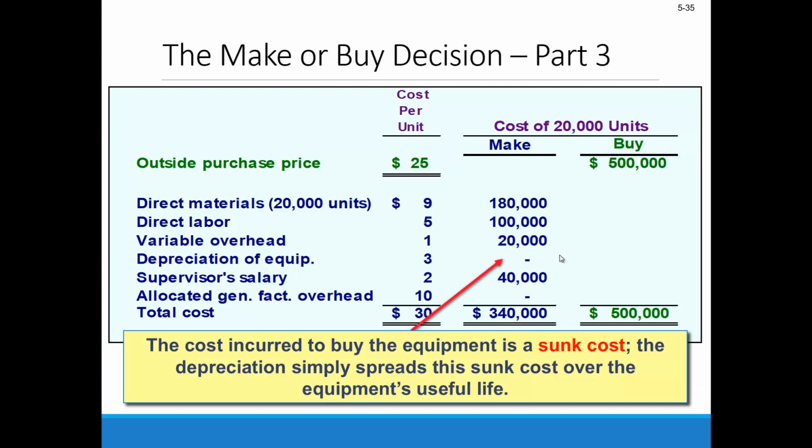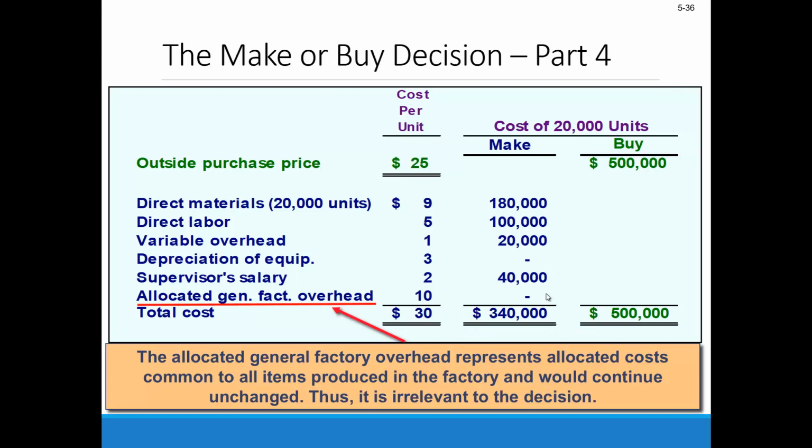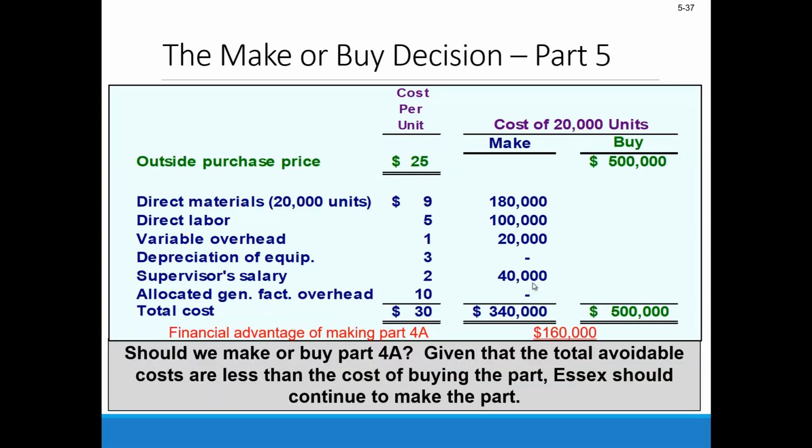And again, we said that the cost of that equipment was a good example of the sunk cost, and the allocated general factory overhead is remaining regardless, just being dumped on somebody else. So should we make or buy? Yeah, the financial advantage of making this thing in-house, just the difference between the buy side and the make side,